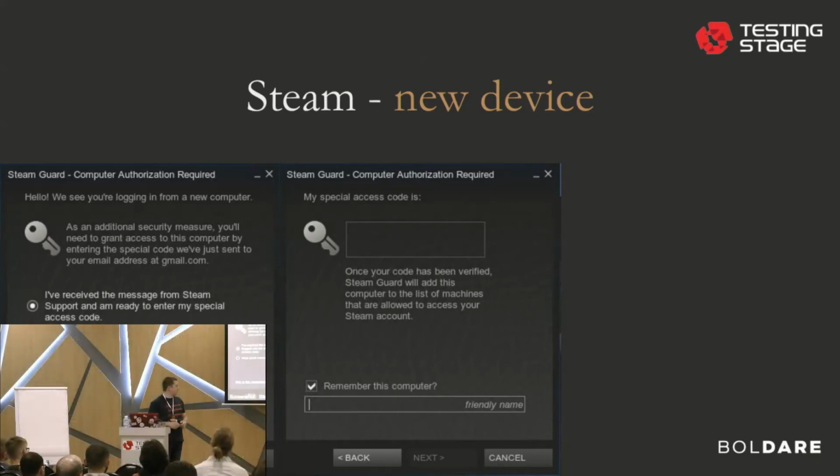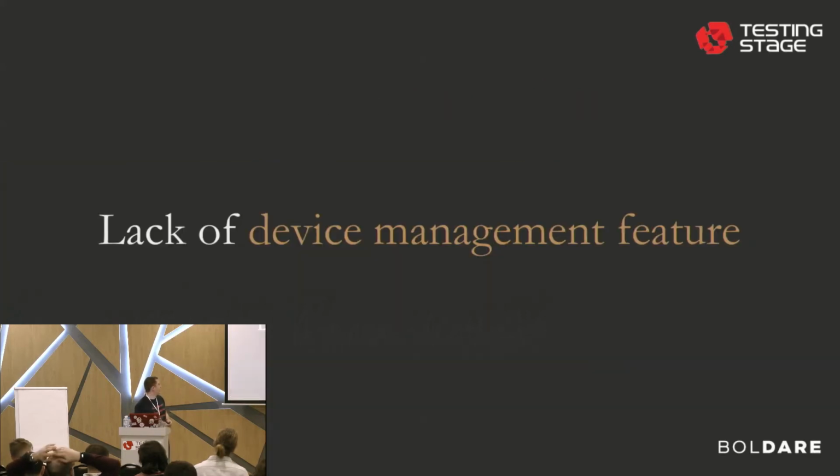And what's possible here is that you can remember your device. That's the checkbox there. So the next time you want to use your computer or your Steam client, this device will be your second factor. You would need this password and this specific device. So it's not only secure, but it's also very simple to use. So it's possible to implement 2FA in other ways than entering this SMS code, for example, every time. Your device may become a 2FA, your second factor.